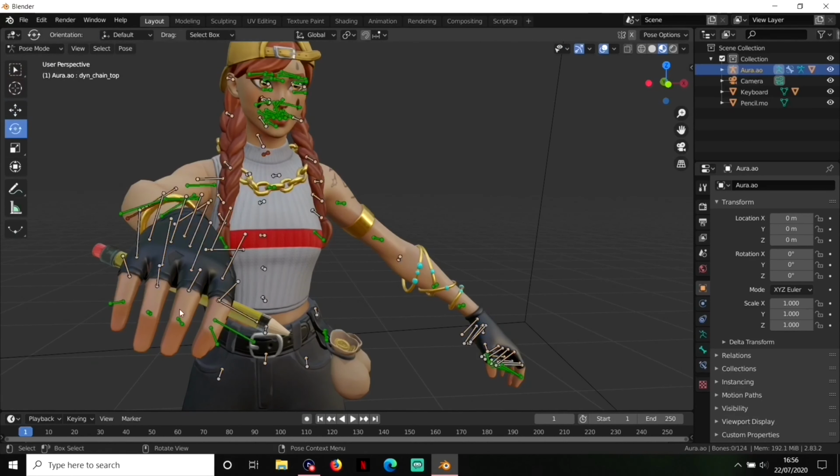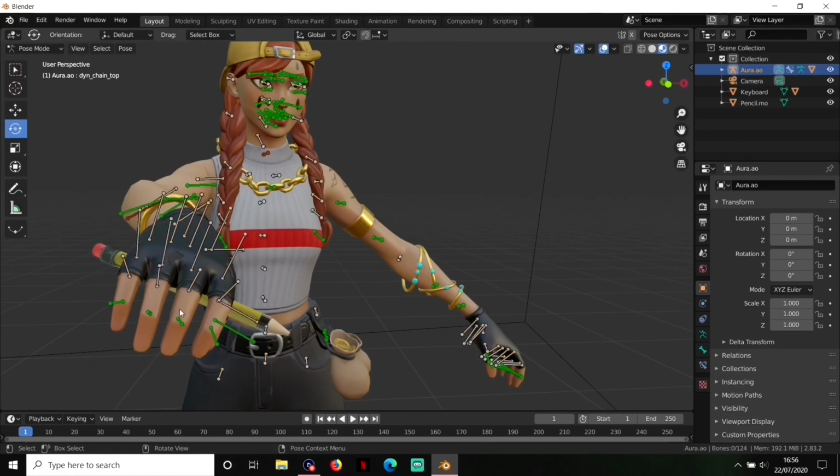So let's have a look at it now. Alright, I think that looks quite nice. So I'm going to get on to adding HDRI for lighting. What you want to do is, I'm just going to go back into object mode for now, and then